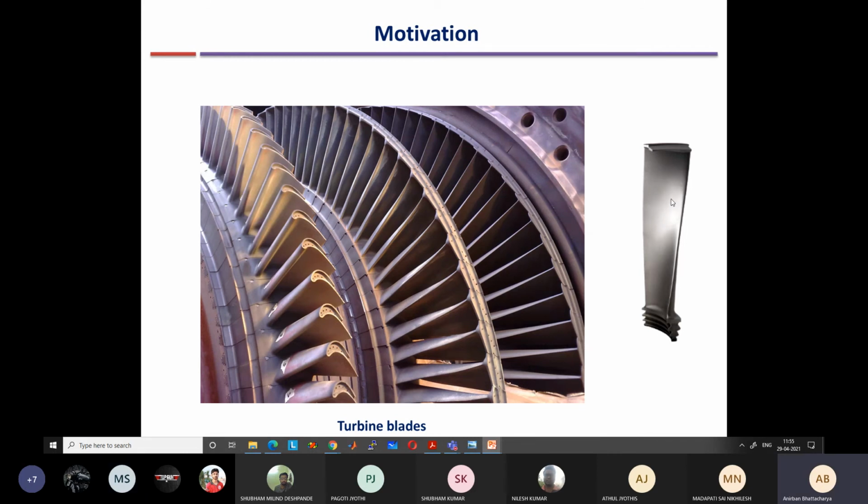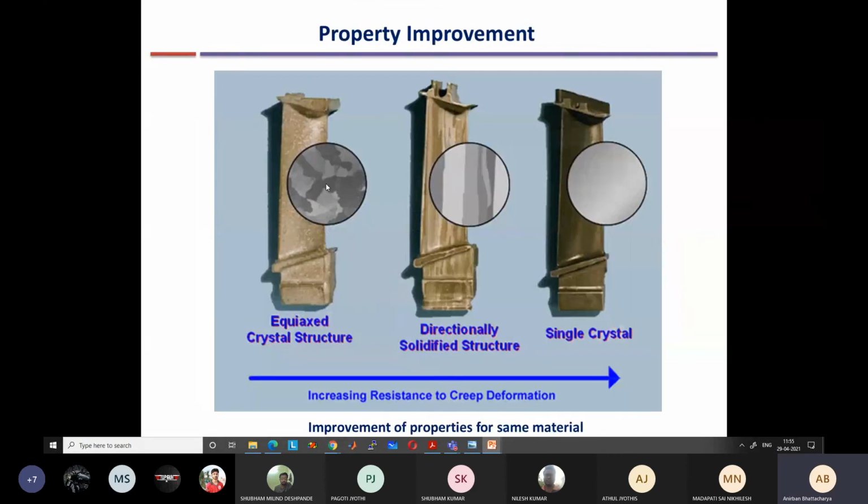Okay, so like this it was prepared. The microstructure in that case looked like something like this. If you zoomed in using a microscope, there are multiple grains like this. What I had shown in our equiaxed solidification for the alpha phase: multiple nuclei would form initially from the liquid. There will be nucleation of multiple solid particles, and each of them will grow like a grain. This is known as equiaxed crystal structure, and the blade resulted in an equiaxed crystal structure of a certain strength.